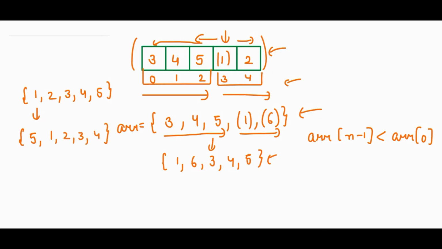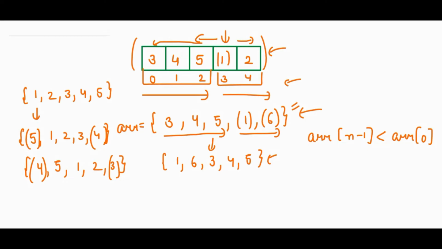In this case, you can see the last element is always less than the first element, right? Then we again rotate it. It will be 5, 4, 5, 1, 2 and 3. In this case as well, the last element will be less than the first element. Why is this happening? Because as you can see, this array is just rotated.